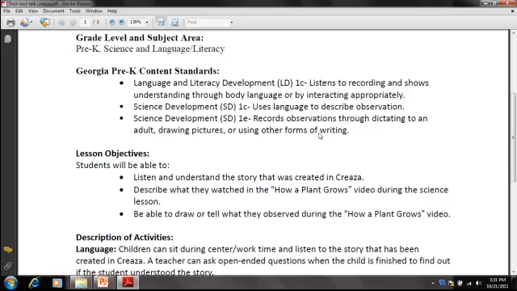writing. And by dictating to an adult, you can use this as just asking, now tell me about what you saw. Tell me how you know a plant grows. Or you can even have in the small group, the activity can be they can draw a picture of how a plant grows, or to draw what they see. You can also use, when they draw pictures, a dictation as well, because they're going to dictate to you what they drew and you're going to document that for Georgia Pre-K right from the start. You're going to document that on the drawing they created and put it in their file, or using other forms